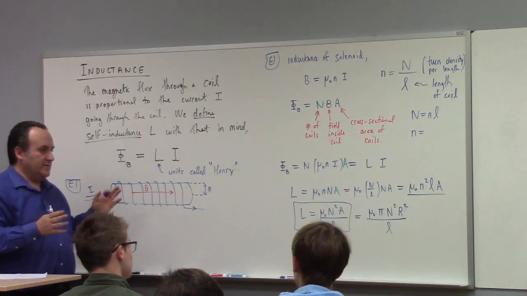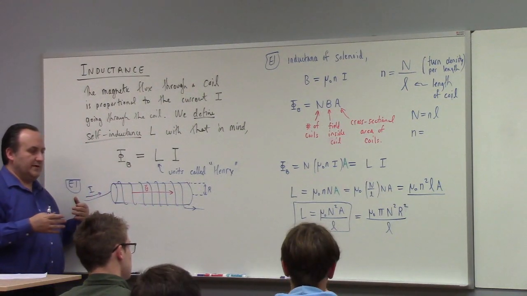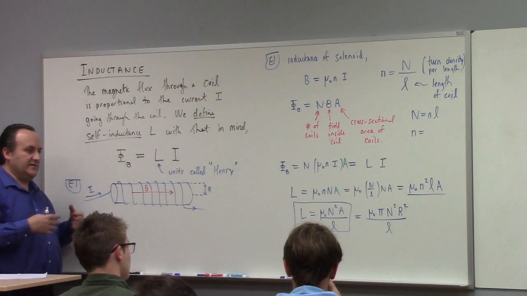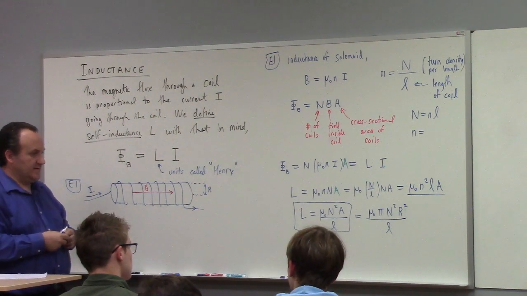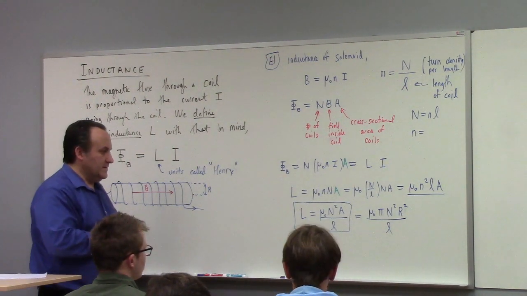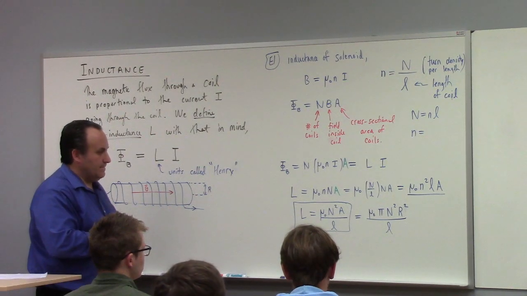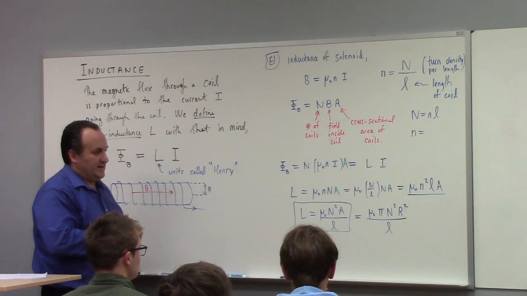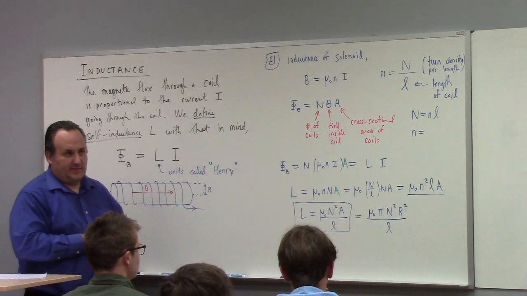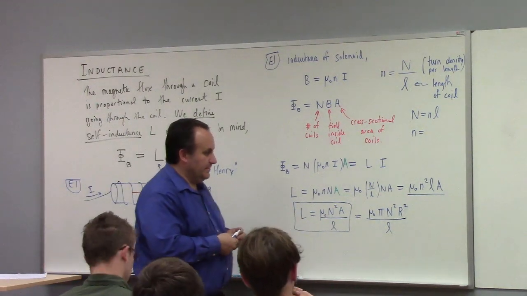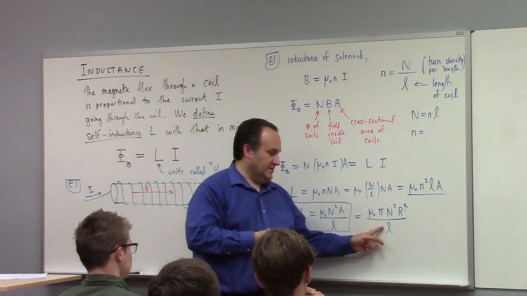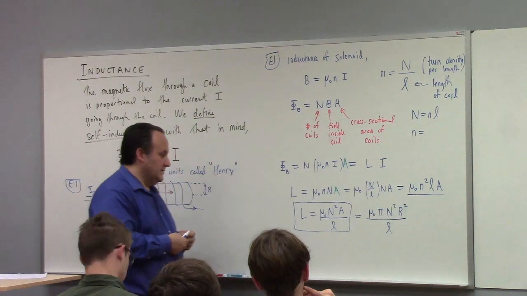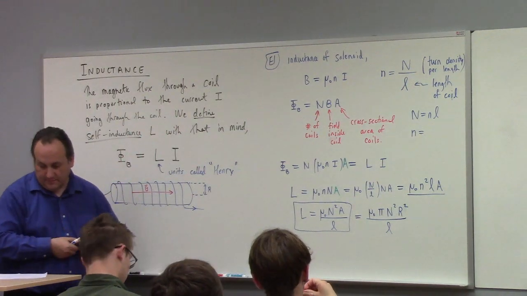Let's just talk about how this works. How could you make the inductance larger? I guess we could make the coil larger, right? If we make R bigger, that makes it bigger. We could make L, looks like if we make L shorter,